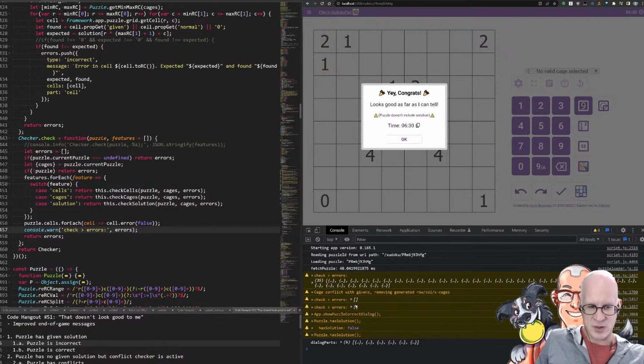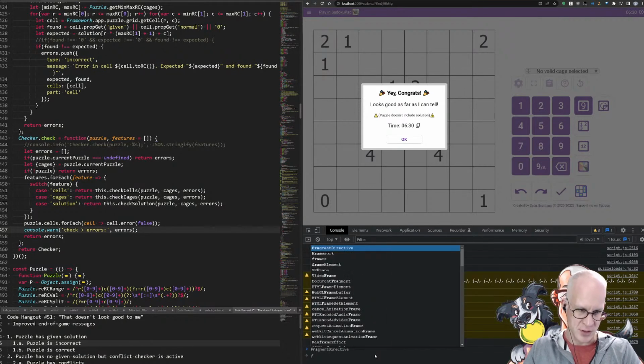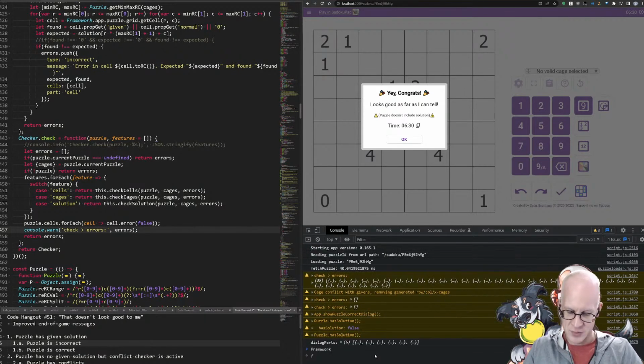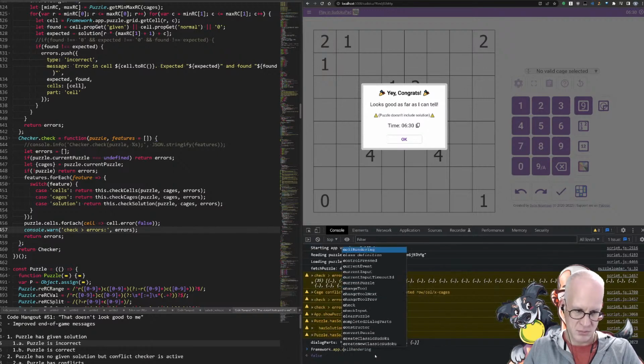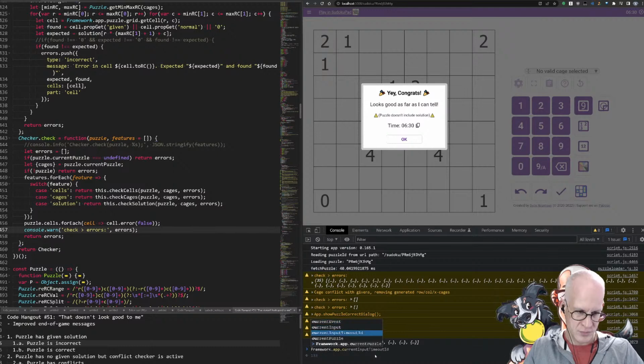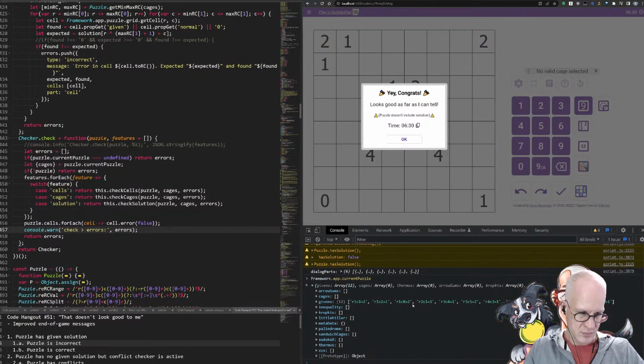So I'm guessing what's happening here is that it doesn't have the default cages for rows and columns. So we have givens.